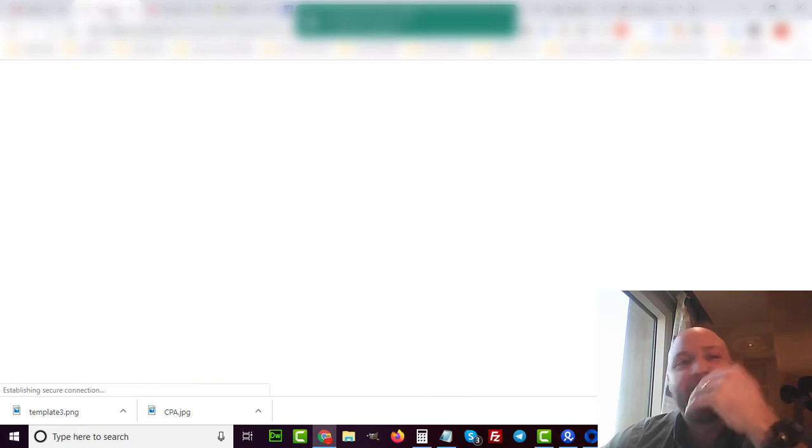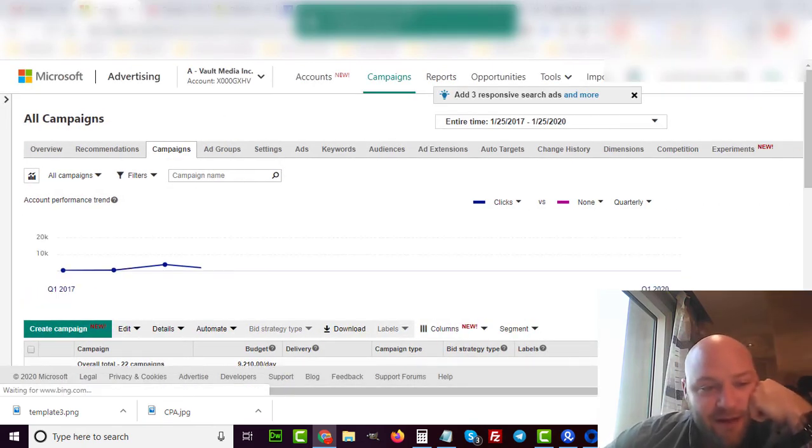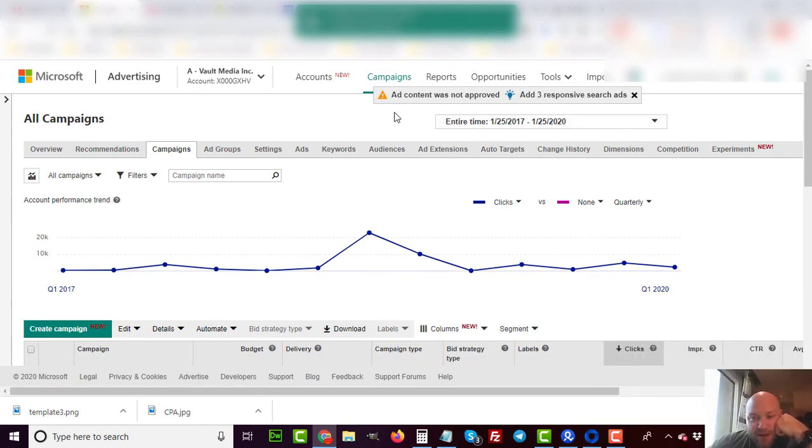Bing Ads is another one I use regularly. I buy traffic from Bing Ads, and I wanted to show you some of the click costs on Bing. Now, Bing is an actual traffic source that's really easy to not lose a lot of money on. You can start with as low as $25, and you can just test a campaign that has a lot of clicks that are super cheap. And there are a ton of keywords that you're going to be able to focus on that are super cheap, okay?